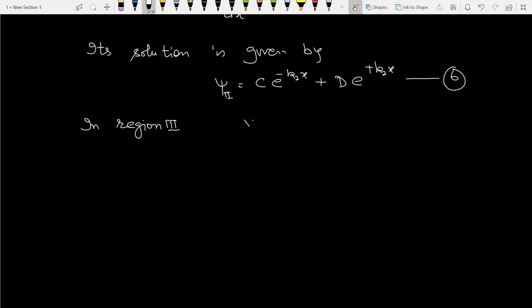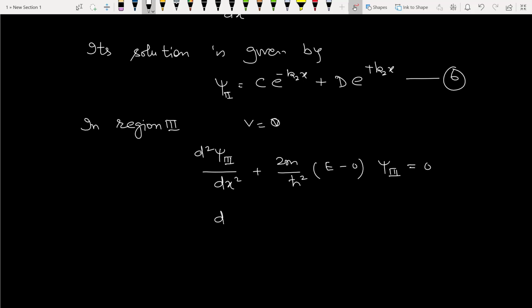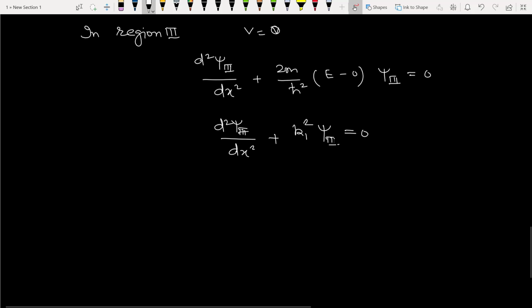So now we move to region number 3. Here potential is equal to 0. The solution will be like d squared psi 3 by dx squared plus k1 square psi 3 is equal to 0. We term this as equation number 7, and its solution is given by